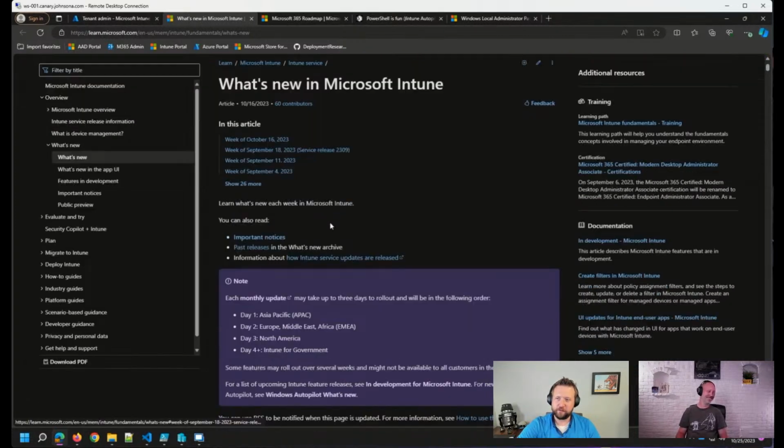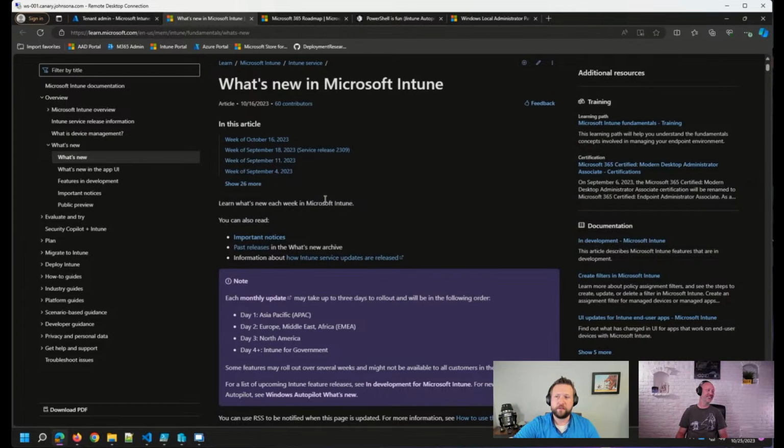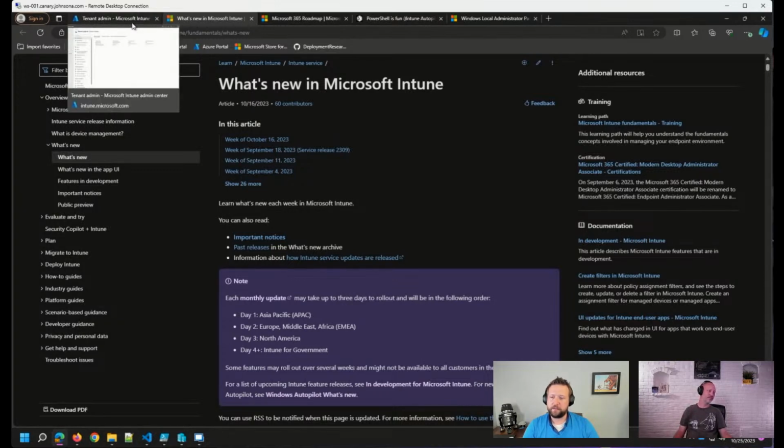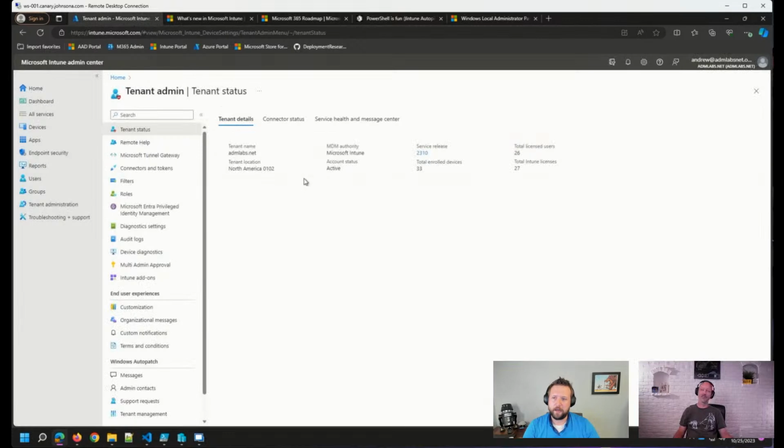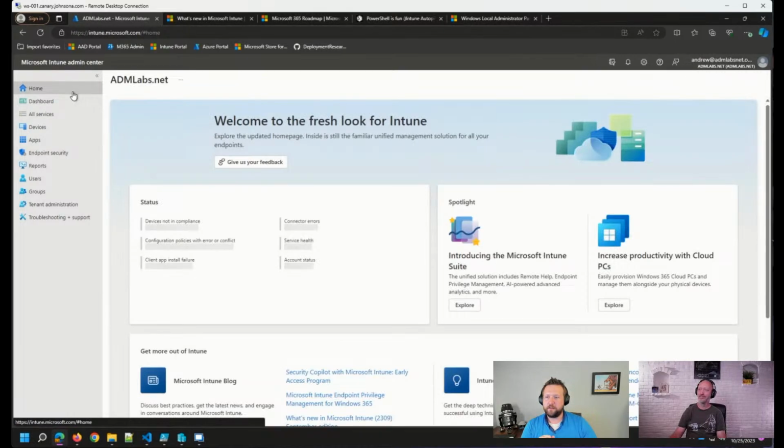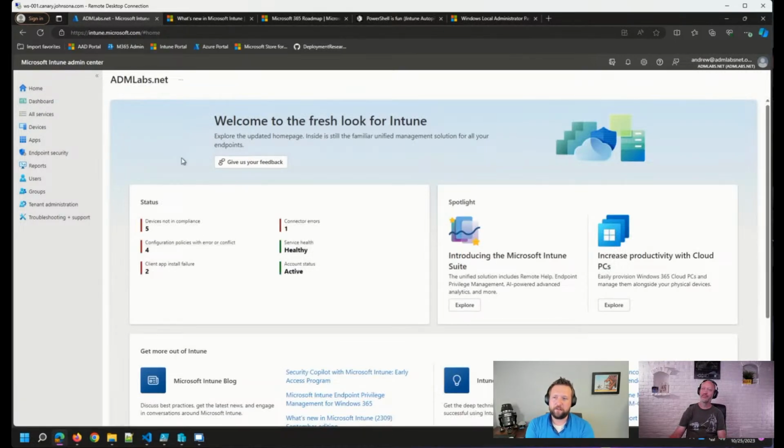That's the biggest change I see so far, because if I click on the 2310 link, which takes us over to what's new, the documentation hasn't been updated yet. And I think there are a couple of UI changes that we should be seeing here in 2310 that I'm not seeing yet. But I'm not going to say anything because I don't want to put it out that it should be in 2310. That said, yes, as you mentioned, Johan, the homepage here on the Intune Admin Center got